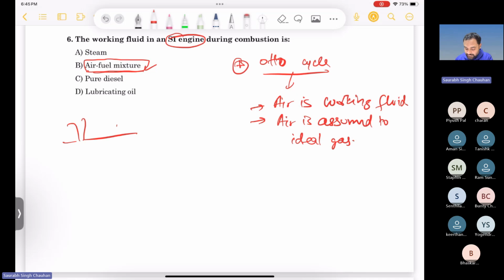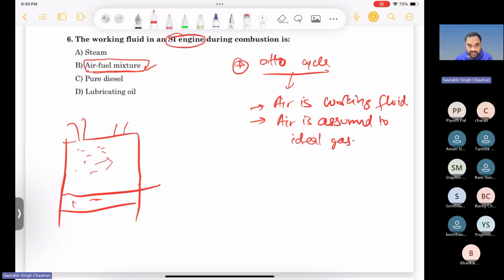Okay. So this is your cylinder chamber, and this is the compressed air fuel mixture here. Then near the TDC, a spark plug will ignite this mixture, and what will happen? There will be development of this flame front. This flame front will travel towards the unburnt charge region. The piston will be coming down and this flame will be traveling. So this flame will come here, then here, then here.